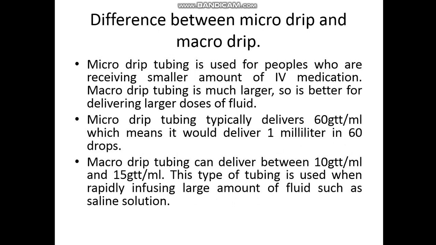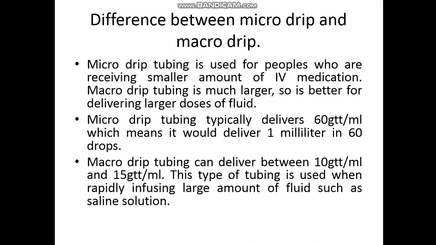Then macro drip tubing is very much larger, so it is better for delivering larger doses of fluid. Those patients who need a larger volume of medication, we can use this macro drip set. Micro drip tubing typically delivers 60 GTT per ml, which means it would deliver 1 milliliter